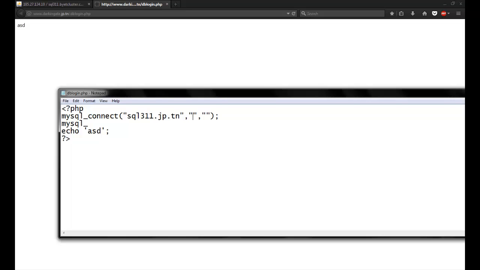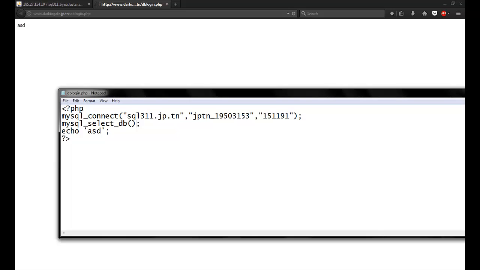Username is my gptn underscore 195.03153, and the password for me is 511191. And to select the